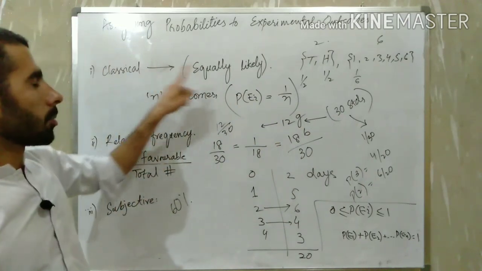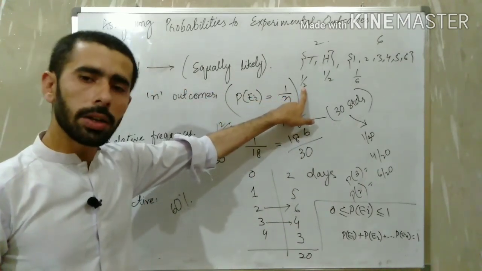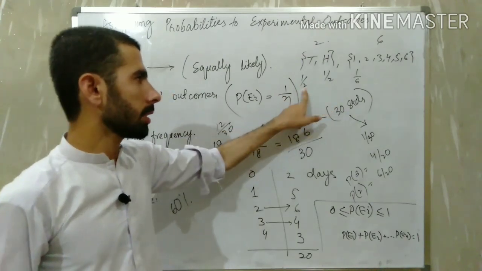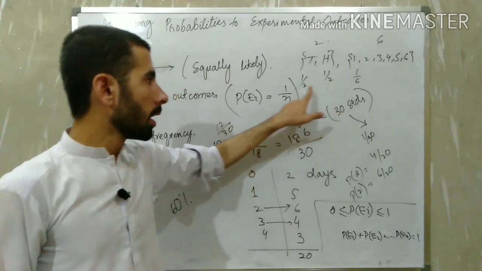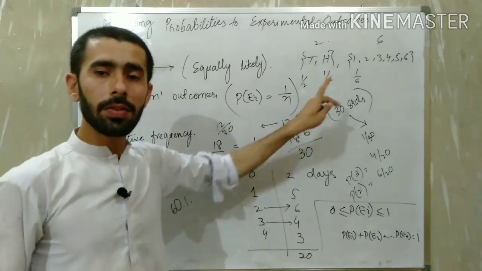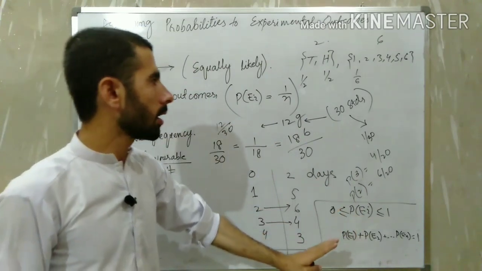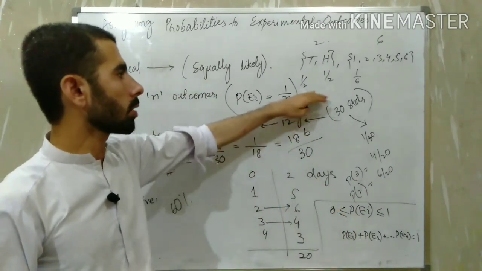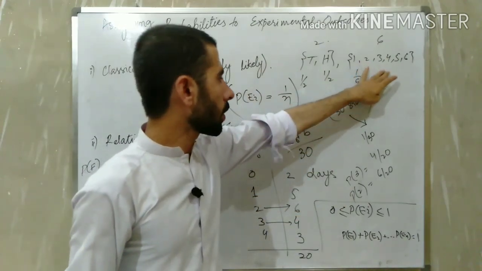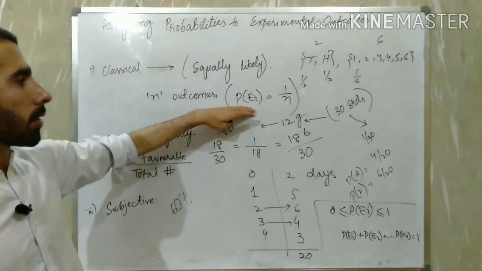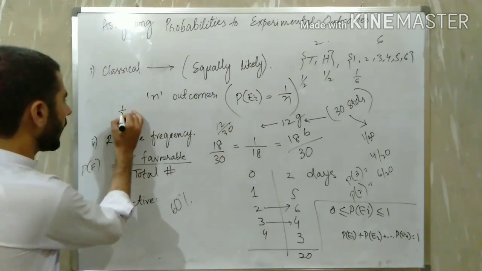So let us see here. While we are talking about the coin tossing experiment, we see that 1/2 is the probability for tail, and 1/2 is the probability for head. This 1/2 or that 1/2 is always between 0 and 1. It's not exceeding 1 and it's not less than 0. Similarly, their sum is 1, as we did in the first part as well. We did it for this as well, and if we are doing it for any n outcomes, this would be 1/n, and we can